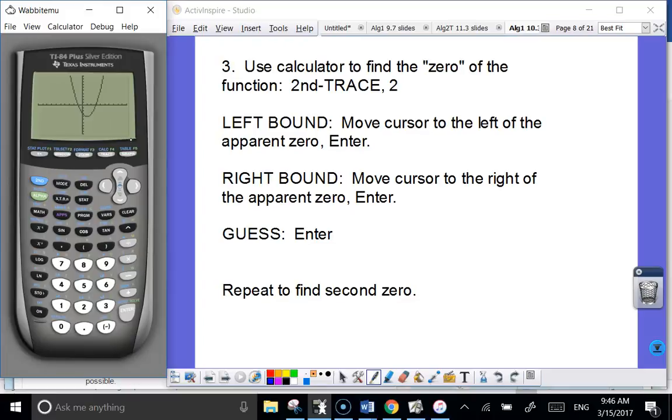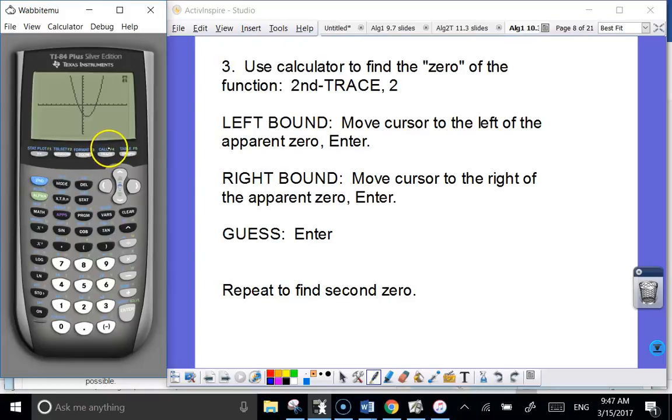Meaning, how many x-intercepts are there in this graph? There's 2, right? So if we want to use the calculator to find those 2 zeros, then one at a time, we need to go after those zeros. So let's say I want to find where it's crossing the x-axis on the left, that one that's on the left. And you go second,